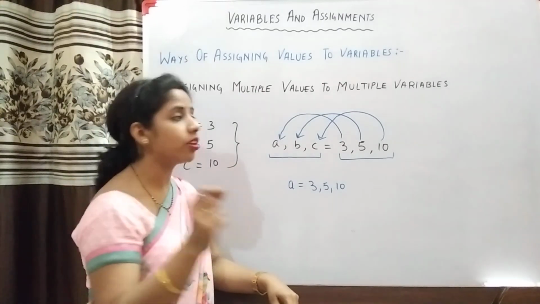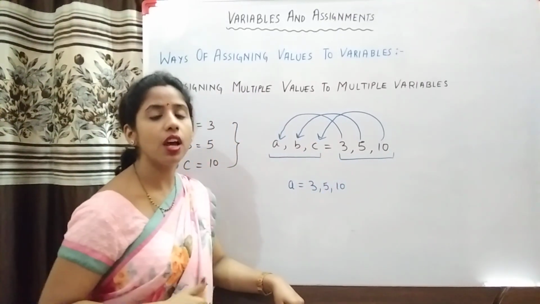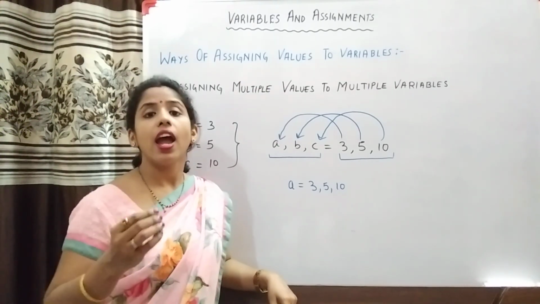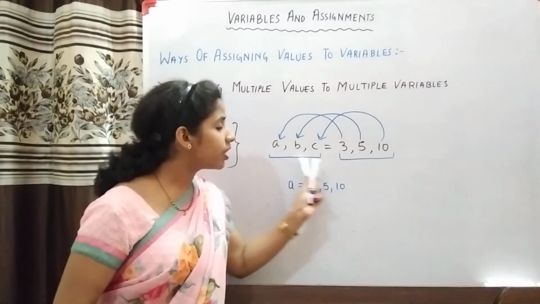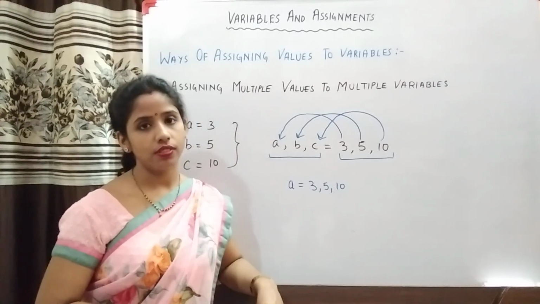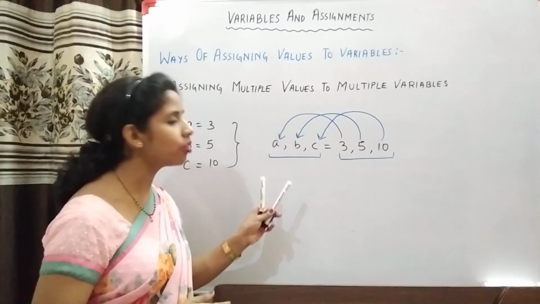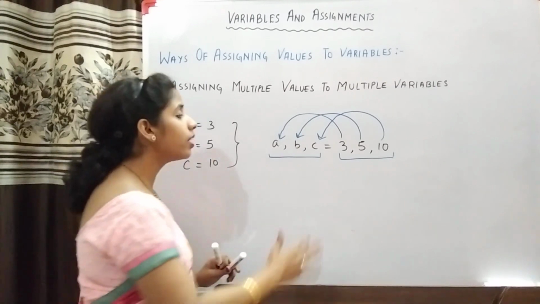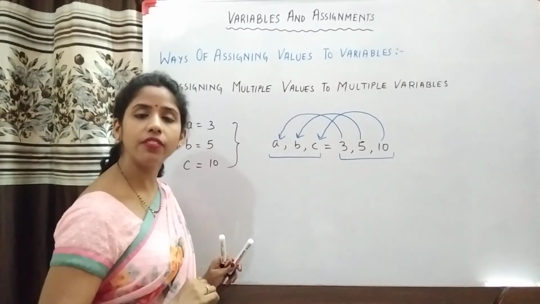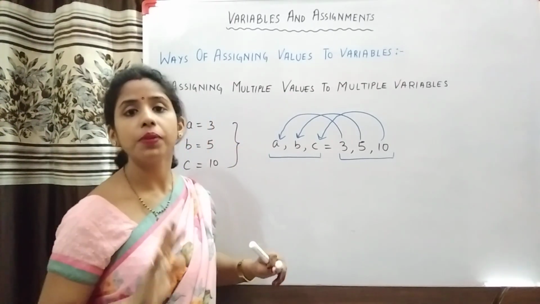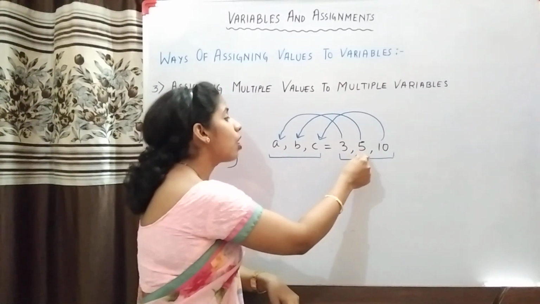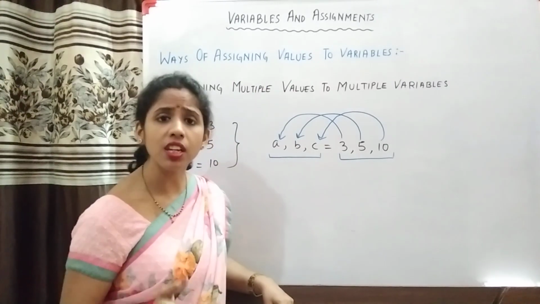Now the most important thing is remember the sequence in which these values are assigned, because now I'll be making you do some certain questions, and in that you will see the application of this kind of assignment in the questions. Now one thing more about this kind of assignment I want to tell you, that yes, the number of values on the right hand side should be equal to the number of variables on the left hand side, but the type need not be same. मतलब ऐसा नहीं है कि अगर आपने a को 3 वैल्यू दी है यानी इंटीजर वैल्यू दी है तो आपको b और c को भी इंटीजर वैल्यूज ही देनी है.